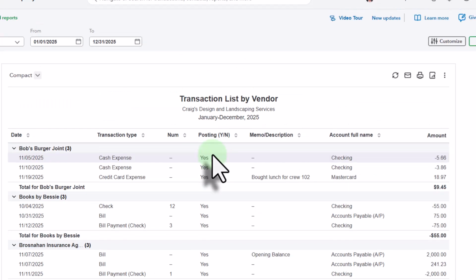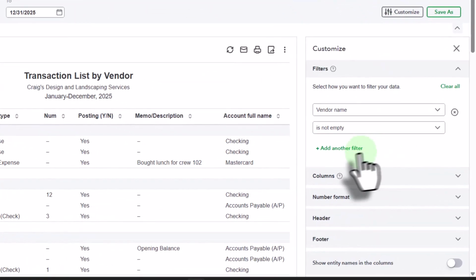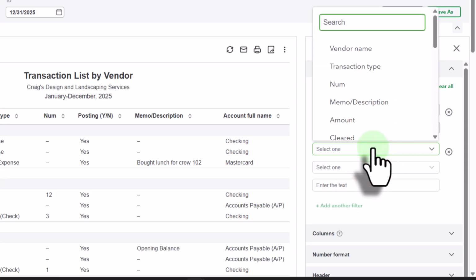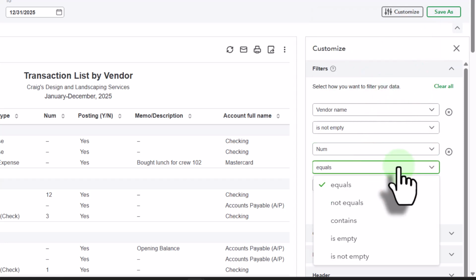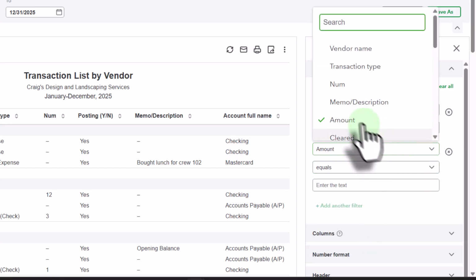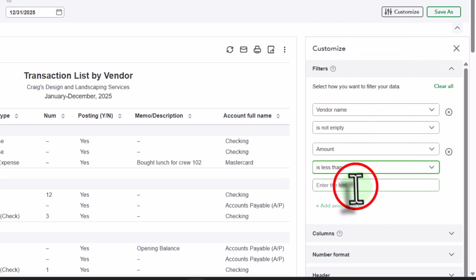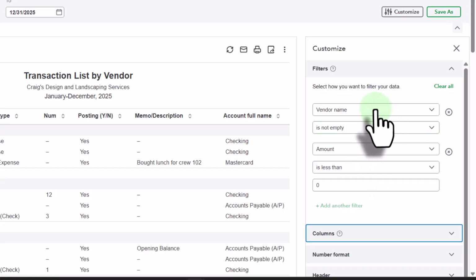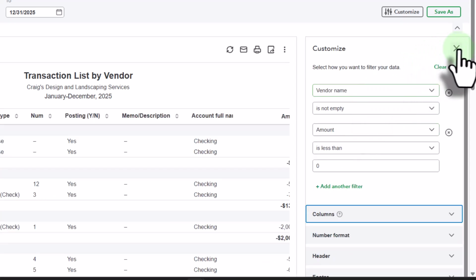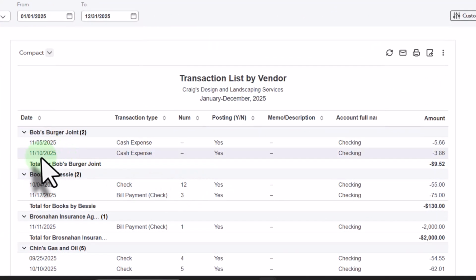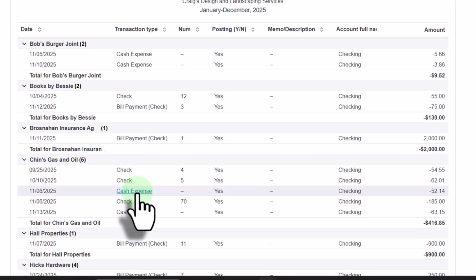And you may be able to filter that. If you wanted to toy with the filters over here, you might be able to add, say, a filter and say that we wanted to filter by a number, and then we want to say that it's going to be equal to, not equal, contains, is not empty. Let me change that to amount, and then I'm going to say I want it to be less than zero, and then say okay, see what happens there. All right. So now we've got the checks. This is the checks and so on, and then this totals out to